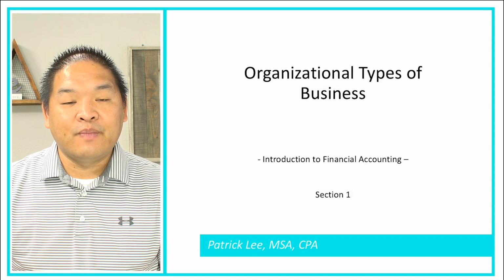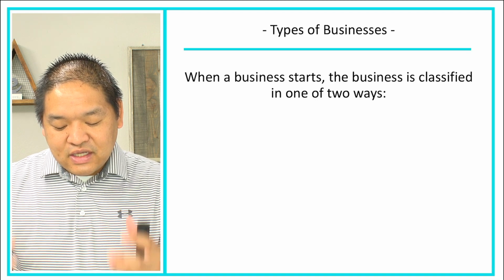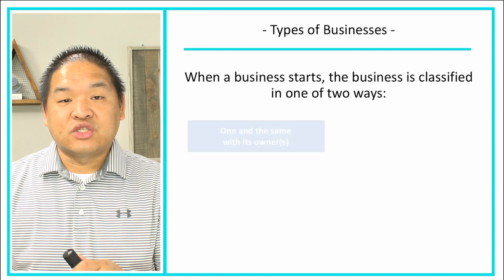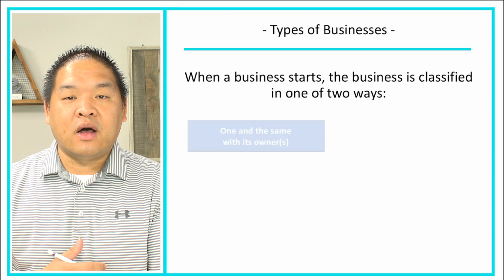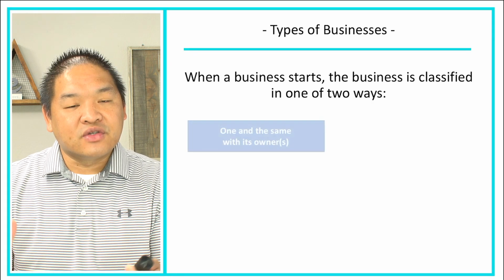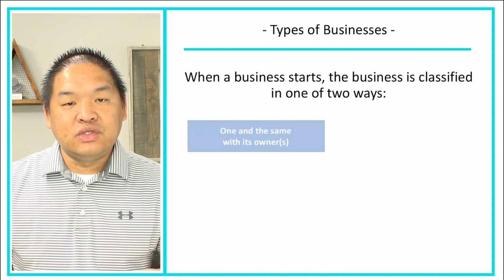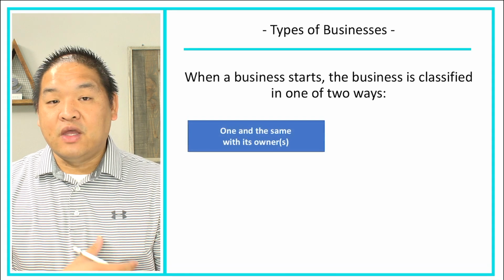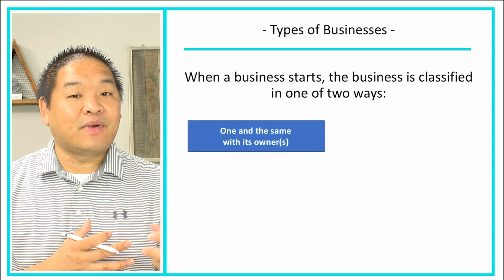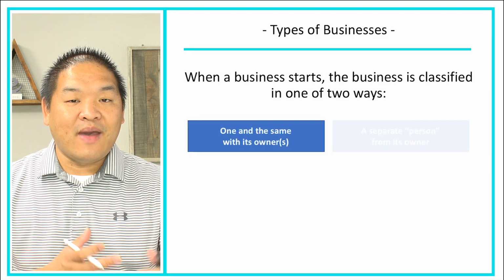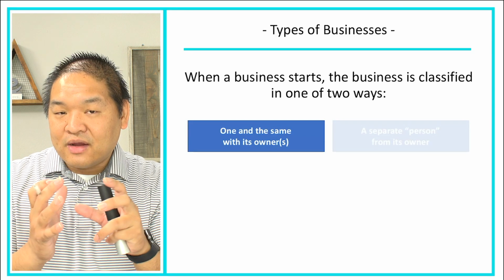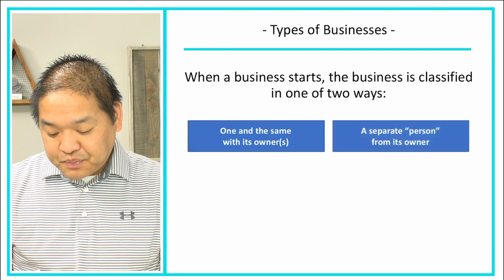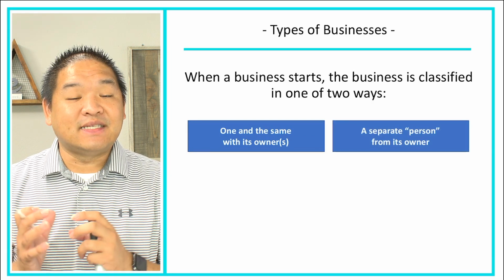So let's get started here with talking about the two different ways we can classify a business. This comes from tax law, so we're borrowing some of these things from tax law, and as you go through this, you'll understand what we mean by these two different classifications. The first one is we think of them as one and the same as the owner. So we don't think of the business as a separate entity to the owner. We actually think of them as the owner, and that's kind of weird, but I'll give you the definition here in a second. The other way that we can classify it is we can classify the business as a separate